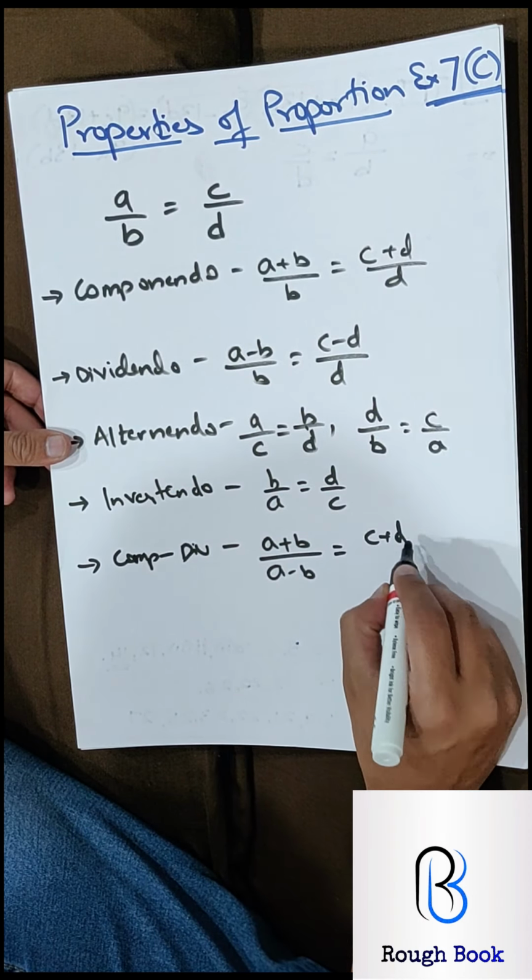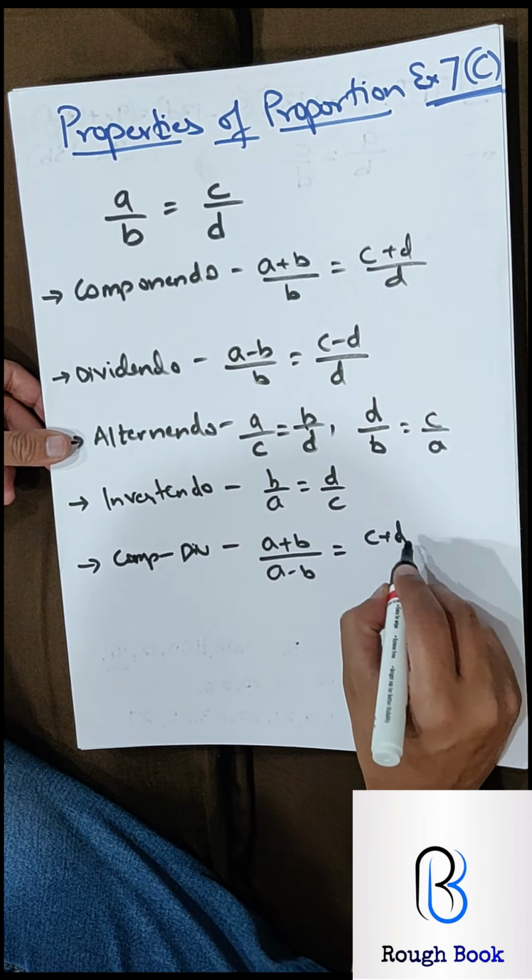11.1, again coming back to componendo dividendo. You will see words like use properties of proportion. Whenever they say properties of proportion, if you use any other method apart from componendo dividendo, that is this one, you will straight away get a 0. So whenever they say properties of proportion, this is what we have to use compulsorily. So now that we are on 11.1, properties of proportion, so componendo dividendo.